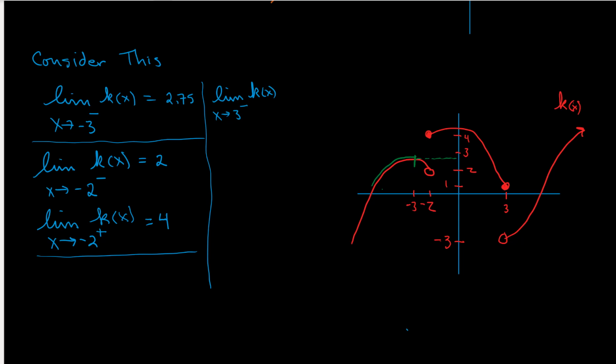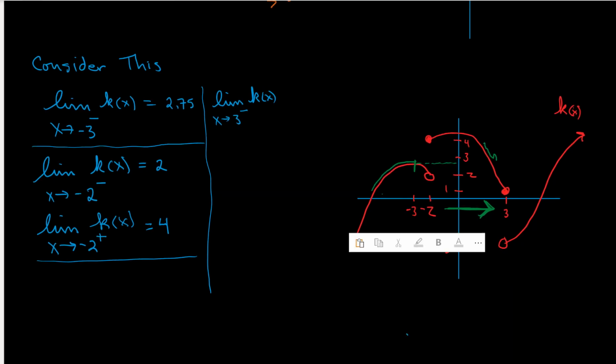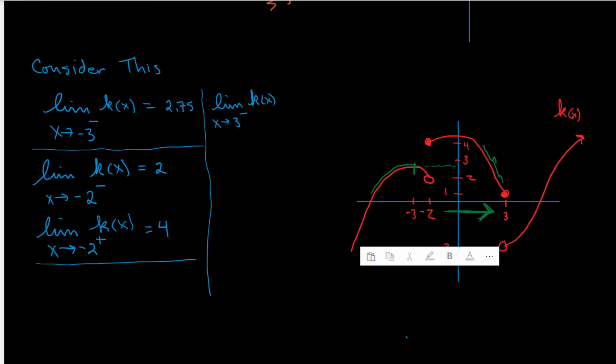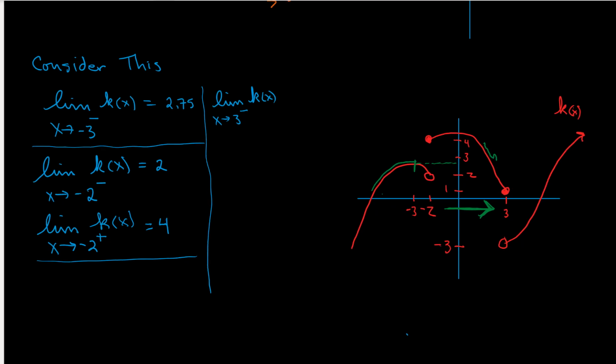We're approaching +3 this time, but from the left-hand side. That means we're coming in this direction here. As we approach from the left-hand side, that means we're following this piece of graph here. And in following that piece of graph, it's leading us to this point right here, which has a y value of 1. If, however, we approach